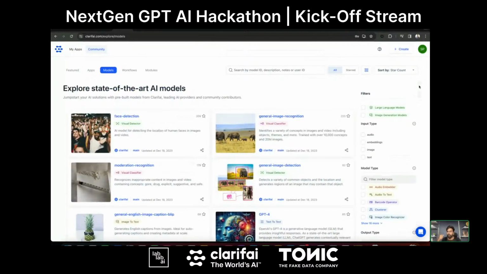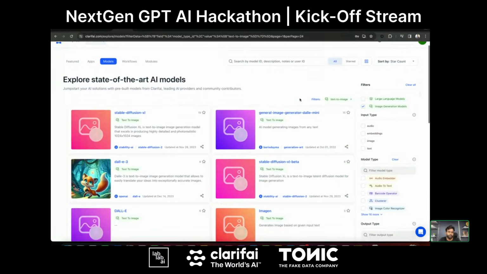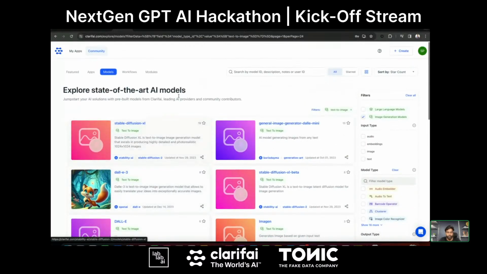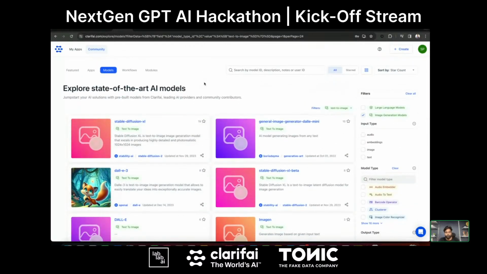For example, if one of your use cases for this hackathon needs an image generation model, you can filter with this sidebar, which makes it really easy to find and use models in your project. That's how you can go through the community and access these models.